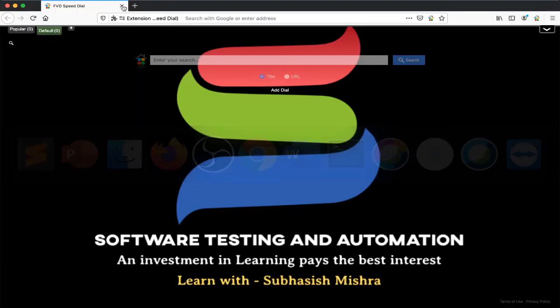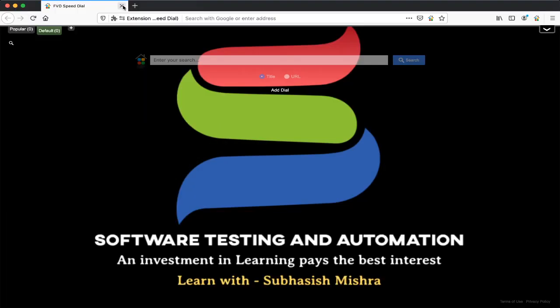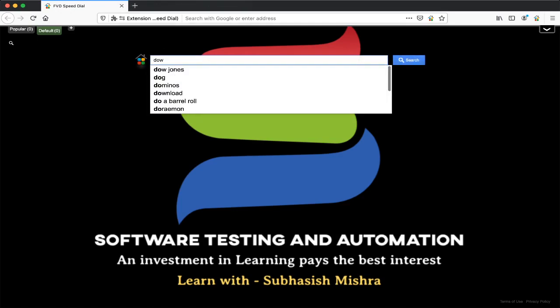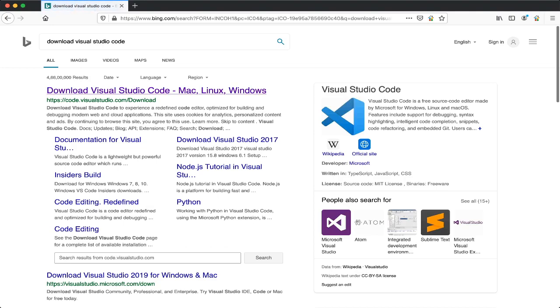Let's go to Google and search for download Visual Studio Code. So here you can see this is the link, this is the official website to download Visual Studio Code. Let's click on it.